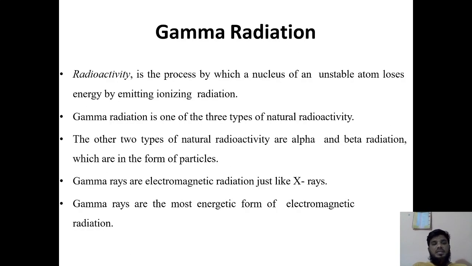So next is gamma radiation. Gamma radiations come from radioactive elements. Radioactive elements are elements which cannot hold their energy because of their unstable nature. For example uranium, plutonium: because of their nature and the large number of nucleons present inside, they cannot become stabilized. So to become stable, they release some nucleons, either protons or neutrons.